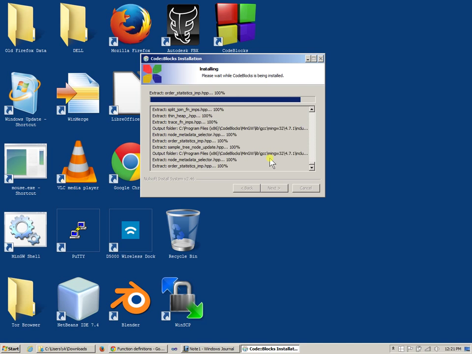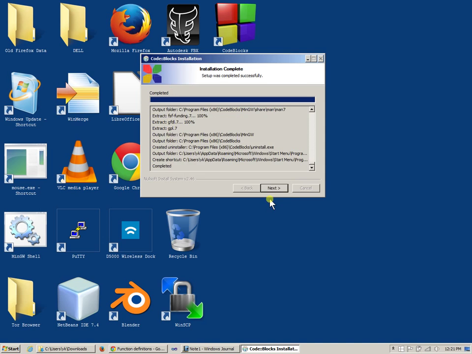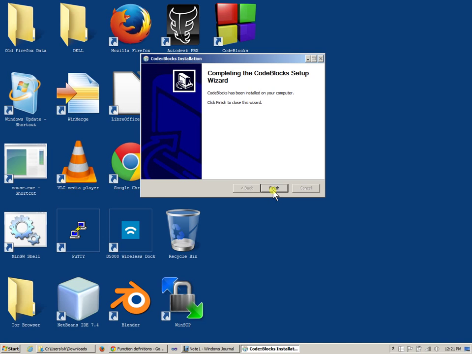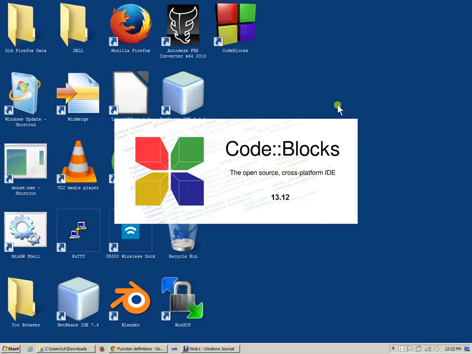And if that's the case, Code::Blocks is a wonderful alternative, so that it gives you a very friendly, simple environment to work on. Do you want to run Code::Blocks now? I'll just say no for now, just say next and finish. And it creates this icon on my desktop, and it just goes straight to Code::Blocks. It opens up,